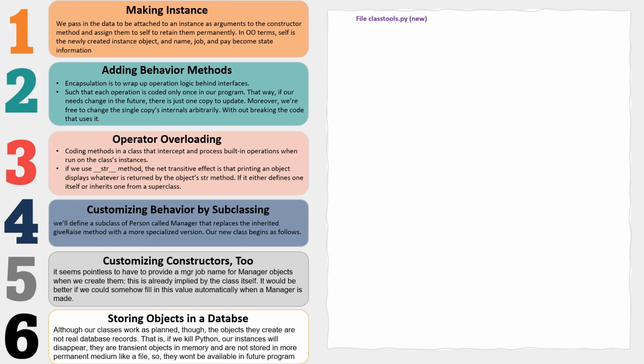For that, we have to open a new file in our VS Code, and the name of the file is classtools.py. .py is our extension. It's a new independent module named classtools.py that implements just such a class,